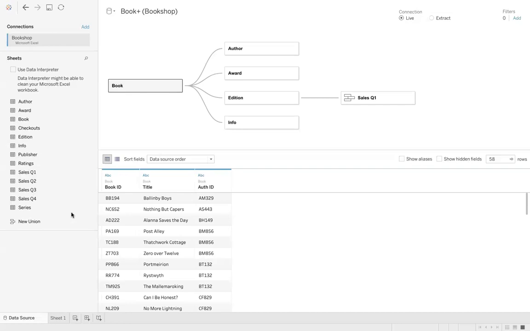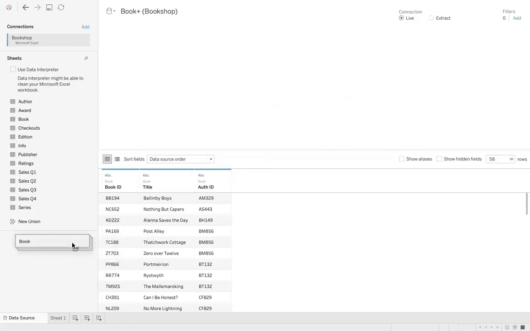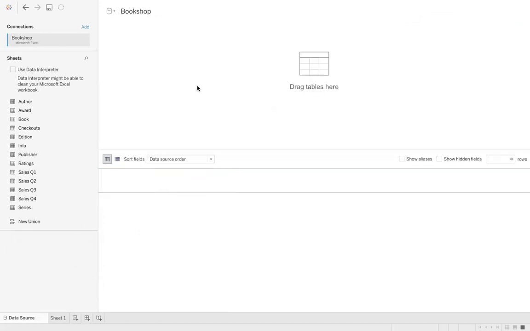So there are three ways: relationships, joins, and blending. In the joins, we can expand when we use the unions in order to increase the file size in the vertical manner, not in the horizontal manner. So these are some ways with which we can combine the data, or create the data modeling in Tableau. I will share this workbook with you in order to practice